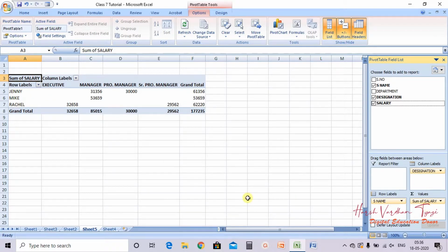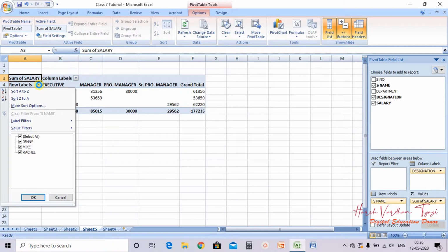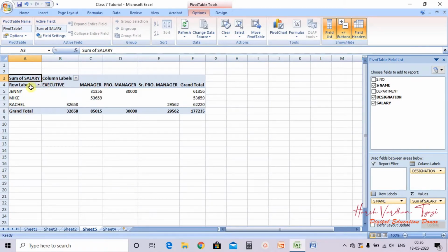So this is how we can analyze different things in different ways. So what we have done, we have row labels, Jenny, Mike and Rachel, then their designations are here. Jenny is executive, then manager, then production manager, senior production manager, then grand total.